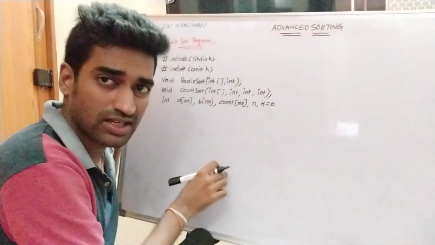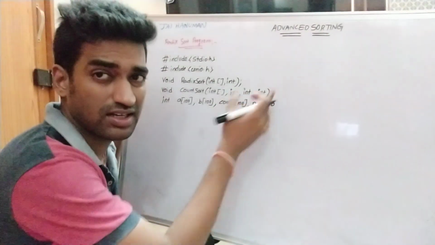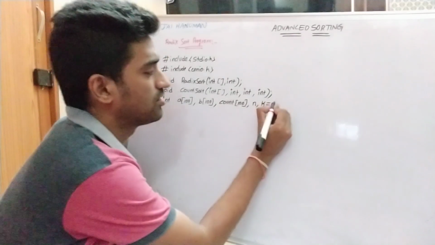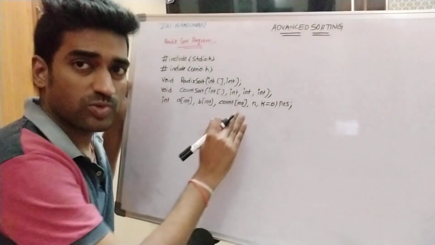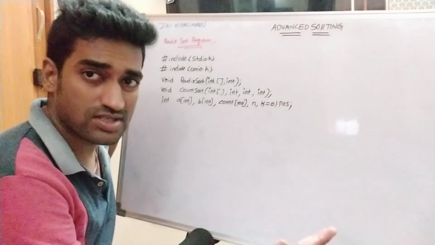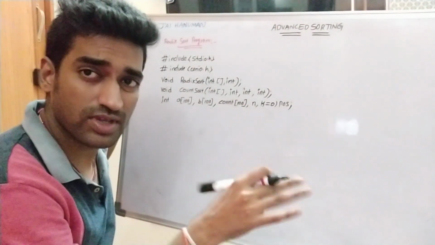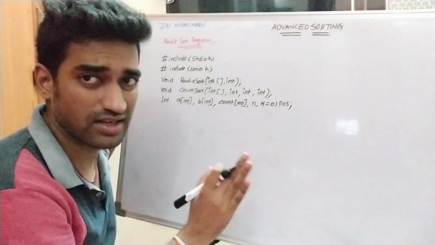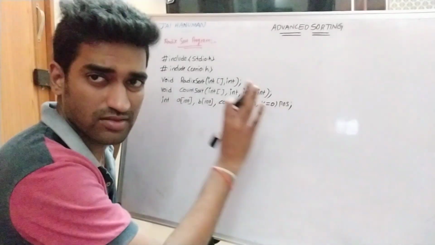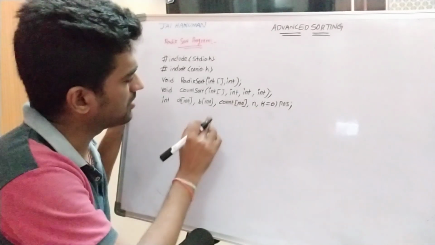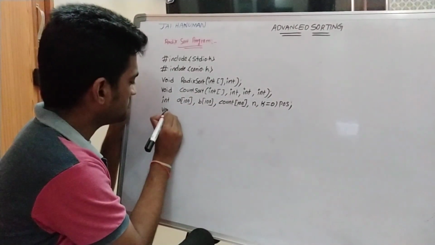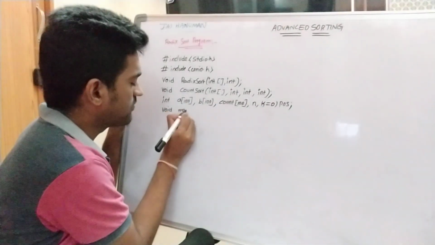Then we implement one condition, based on which we can find the greatest element in the given array. Then position: ones position, tens position, hundreds position, thousand position. Based on that position only we can sort all the elements in the Radix sort mechanism. For that purpose I am taking this variable. After writing all the variables globally, I am writing the main function.